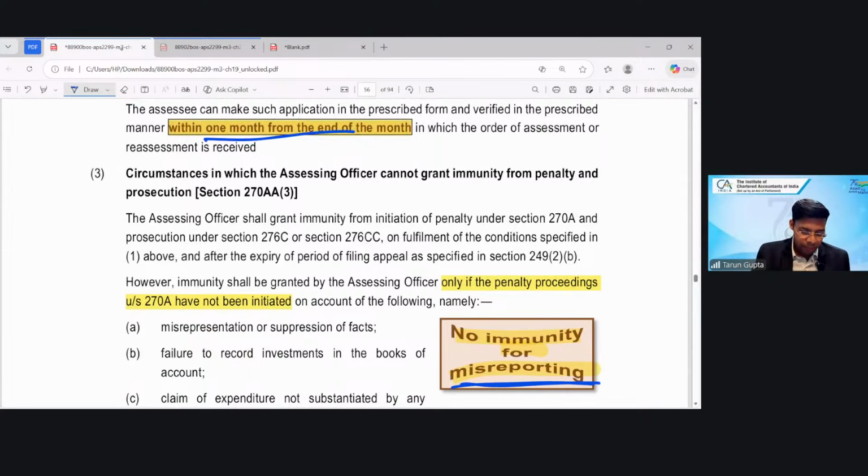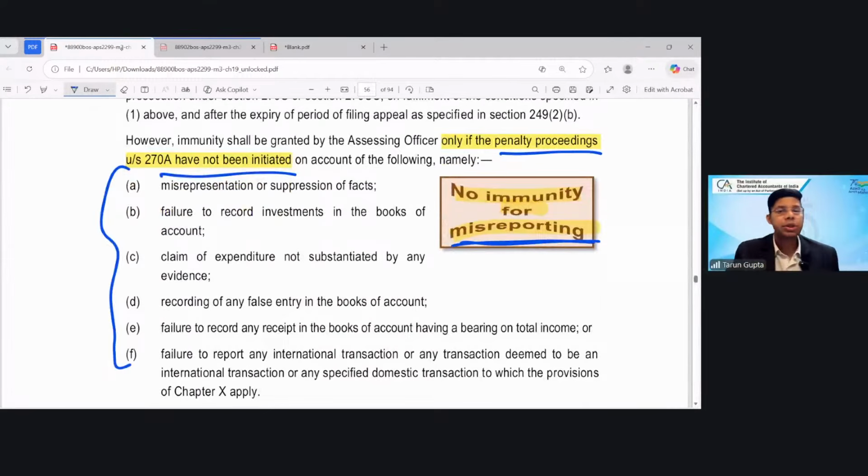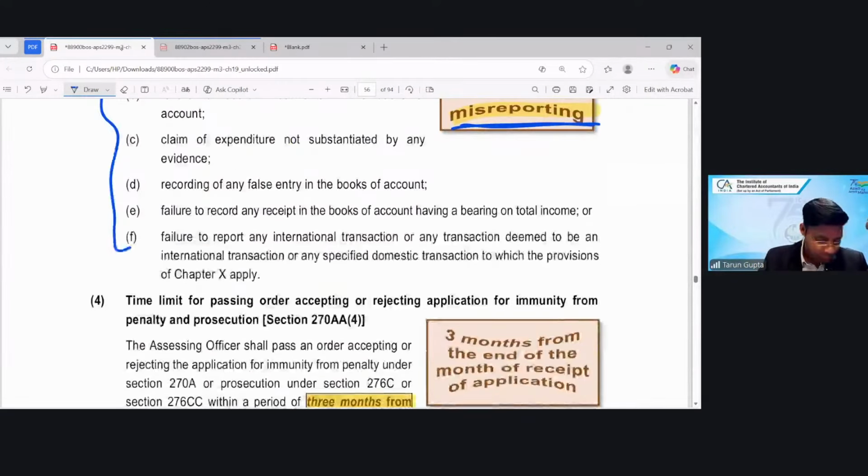The only condition is that penalty proceedings have not been initiated on account of this 6. Remember: misrepresentation or suppression of fact, failure to record investment, recording an expenditure without evidence, recording a false entry, failure to record receipt, or failure to record an international transaction. If the penalty is not on account of any of these, and you have paid the tax and interest, you have not appealed against the assessment order, and you have furnished the form within 1 month from the end of the month when your assessment order was passed, then